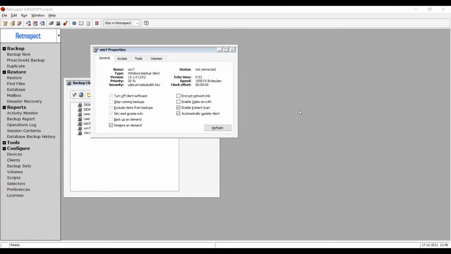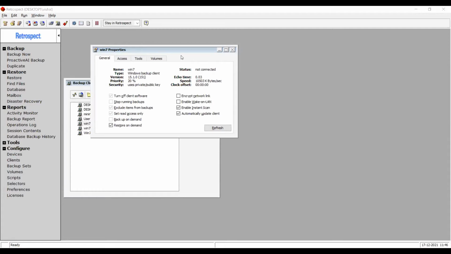So is RetroSpec more for work group setup than domain environment? No, it has nothing to do with work group setup or domain. It is transparent to RetroSpec. We don't care as long as you have standard IP connectivity on your LAN. It doesn't matter whether you are using a domain or a work group environment.